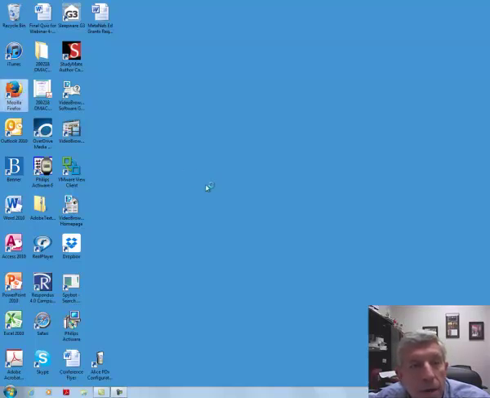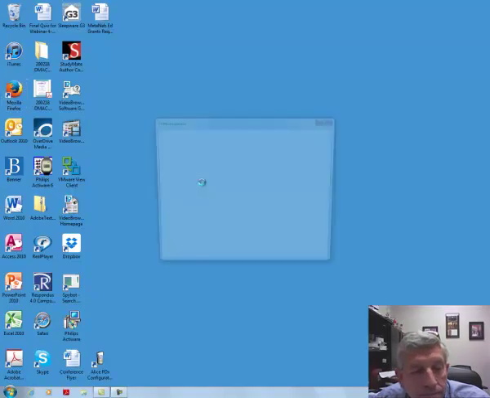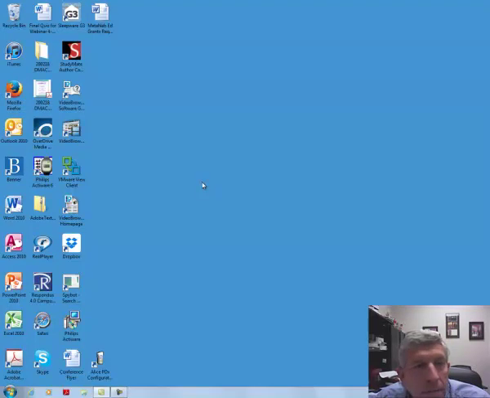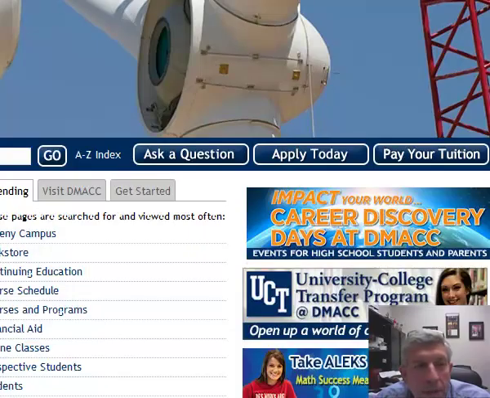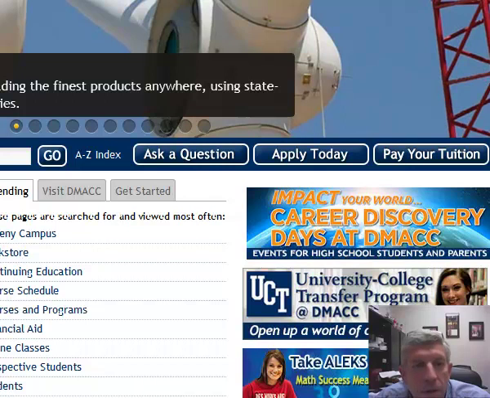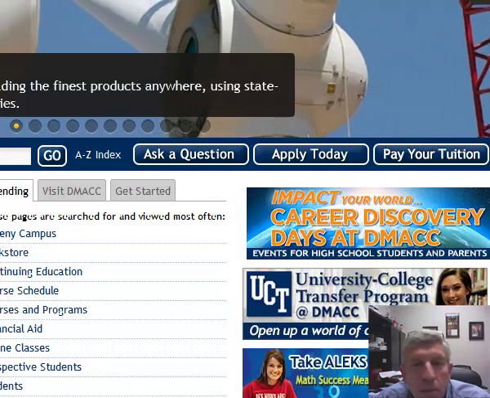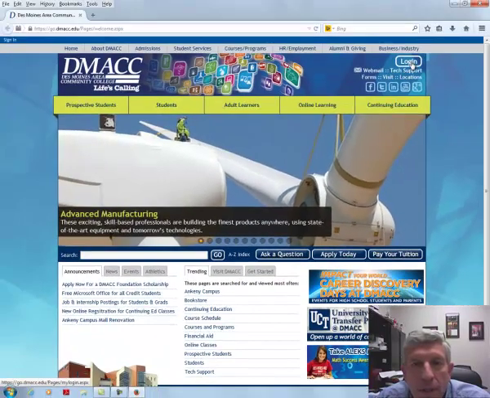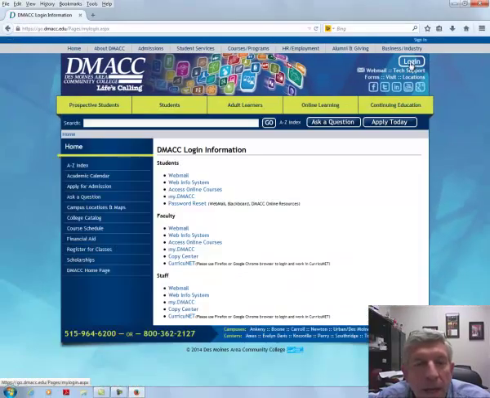So I'm going to start Mozilla Firefox here. And it's going to run through apparently a little bit of updating. And it will begin here. I have it set up so that my home page is the DMACC home page, and there are two ways to access Blackboard. One is we can go up here to the upper right hand corner, click the login,